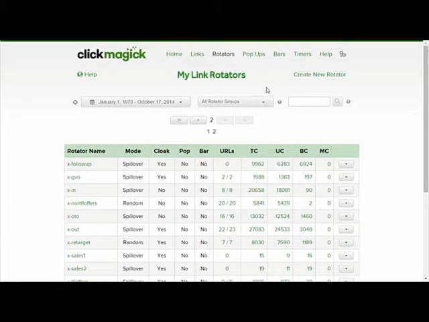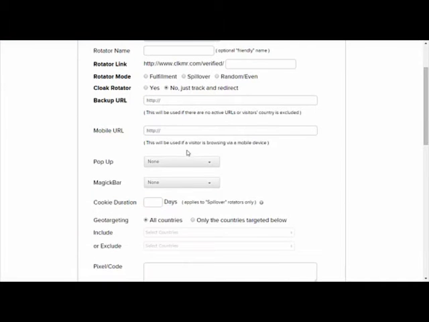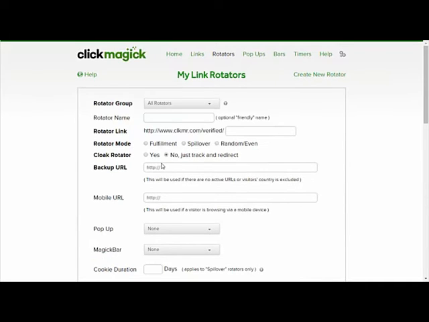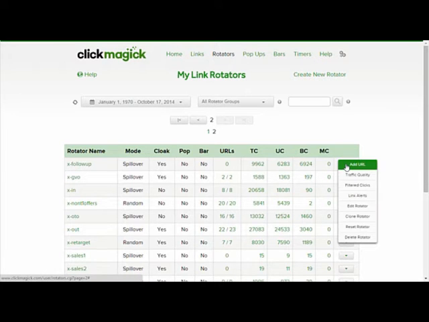real quick. To create a new rotator, you just click right up here as usual. Most of this top section is just like setting up a regular tracking link. The main difference is that you need to select the type of rotator that you want depending on what you're going to use it for. And then here in the advanced settings, you can see most of the same options we saw for the regular tracking links. Over here you'll see the familiar drop-down menu next to each rotator. This is where you add new URLs to a rotator, and you'll see a bunch of other familiar stuff that